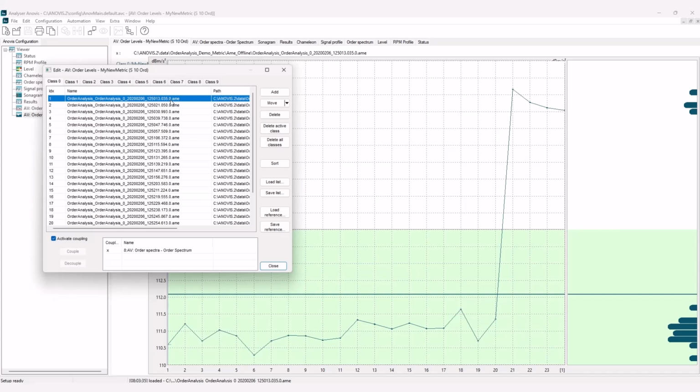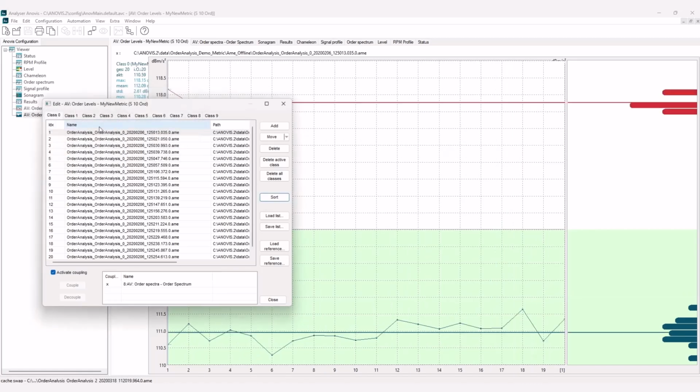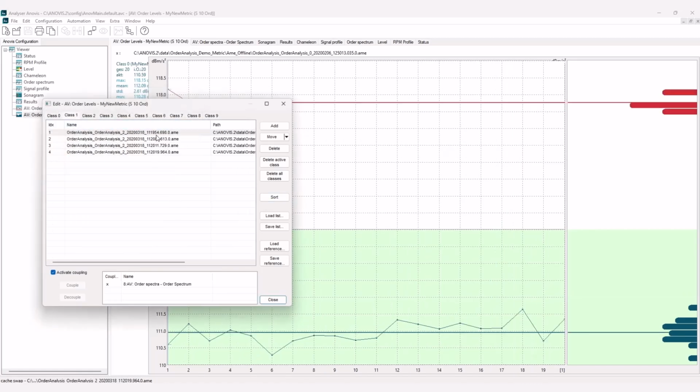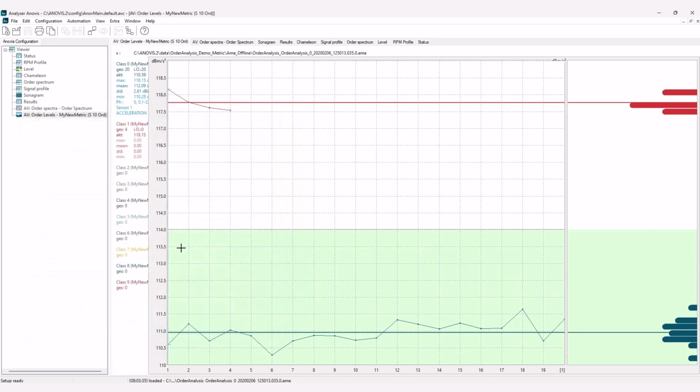Now we can use the sort button, which will take our metric, find which items had the OK or not OK value, and automatically use that to sort them from one class to another, so that we don't need to manually look for which curve is which. I'm going to designate these as going into class 1. Once I do so, these curves are automatically moved over, and you can see that our histogram is updated, where all of our class 0s are in blue and all of our class 1s are in red.